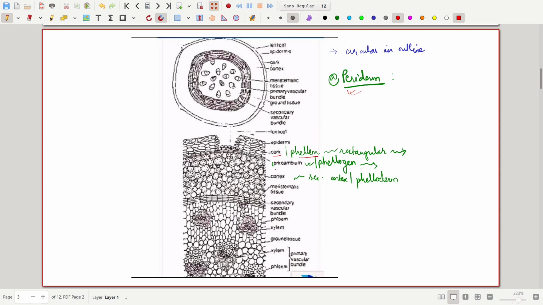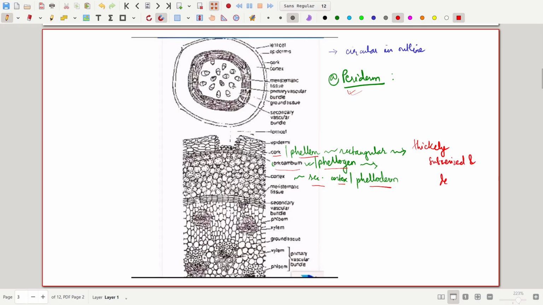Second is the cork cambium, which is also known as the phellogen, and third is the secondary cortex, also known as the phelloderm. Here the phellem is rectangular in structure, and it is thickly suberized, and